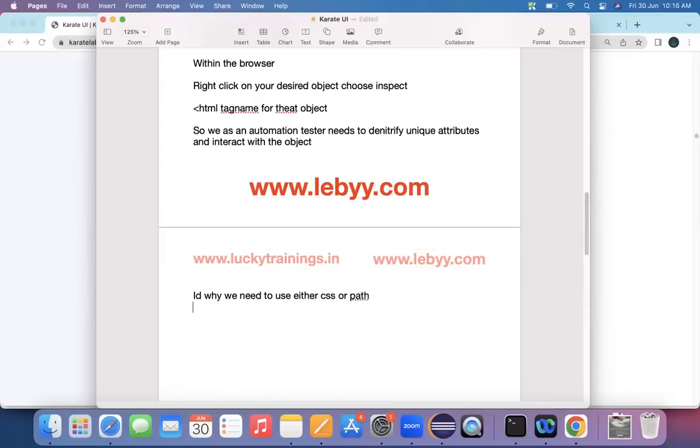See, in general, whenever we are working on any application, if the desired object does not have any default locators, in such cases we will use XPath or CSS. XPath has its own unique syntax. I will tell you the XPath syntax for a generic web application, and then we will see how we are going to utilize it in our Karate framework too. Double slash,